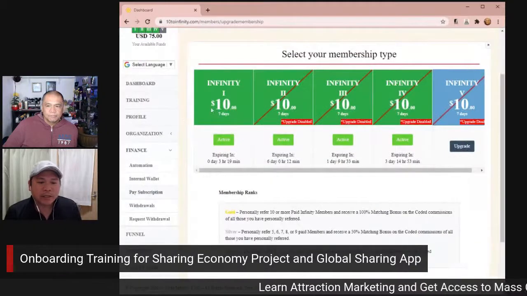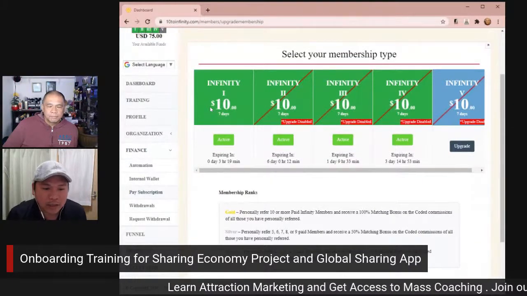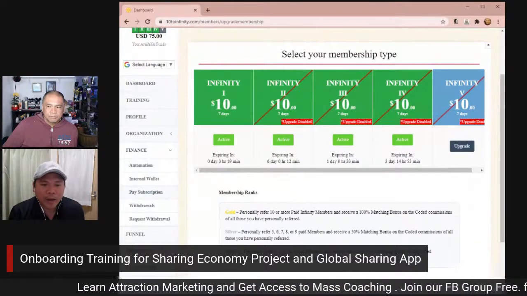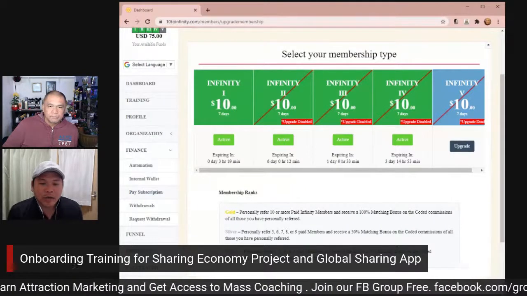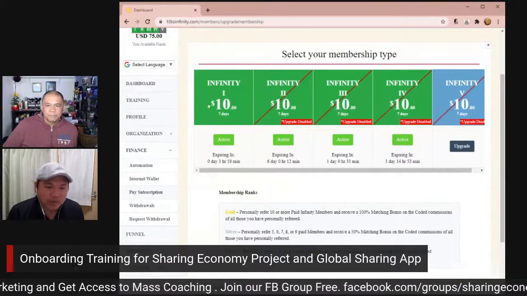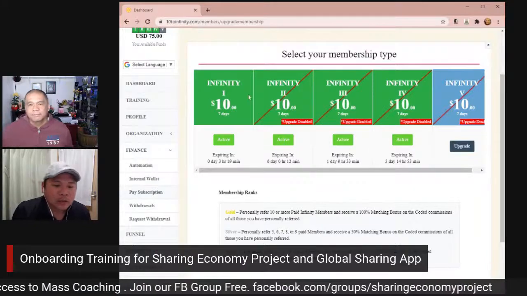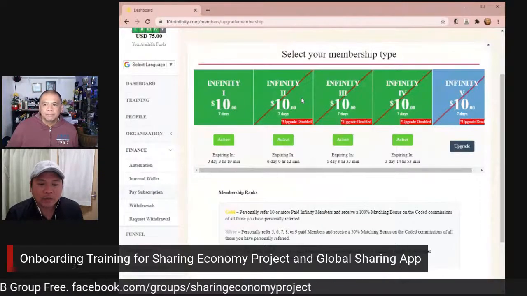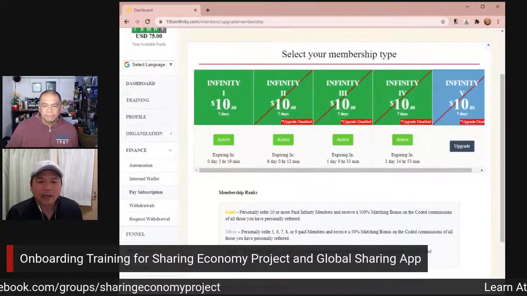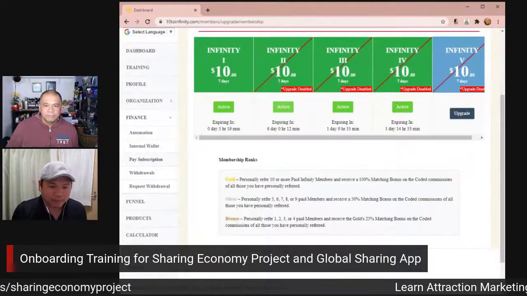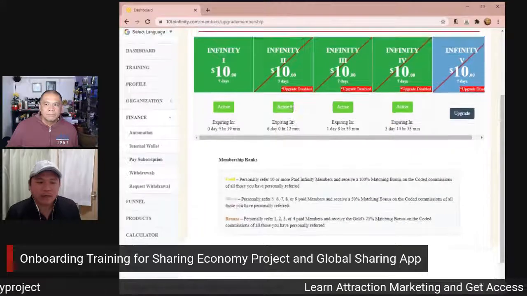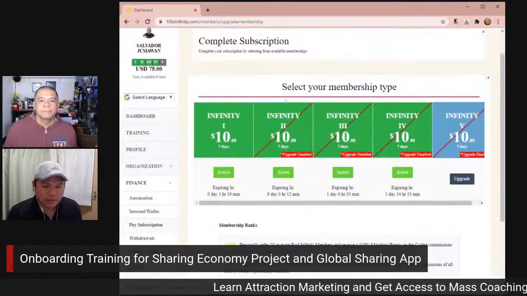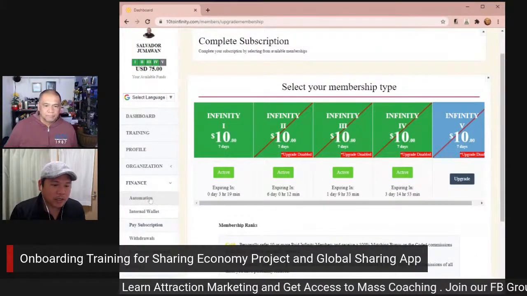So right there, you'll be able to see what you have paid already. So Coach has already activated 4 memberships, right? And he'll be able to earn from there. All you need to do is also activate the honey production line. So these are all extra income that the system has put together for us already. So go ahead and